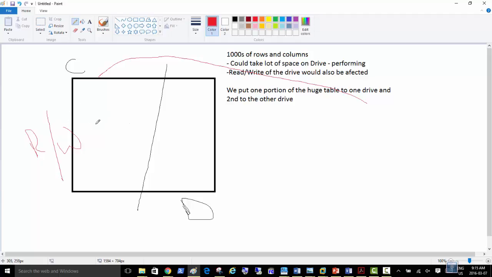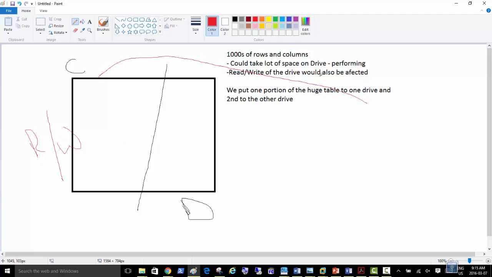So if you divide that huge table into two drives, one portion in the C drive, one portion in the D drive, the drives give you the speed of reading and writing. So if two drives are giving you the speed of reading or writing, the table will load fast.